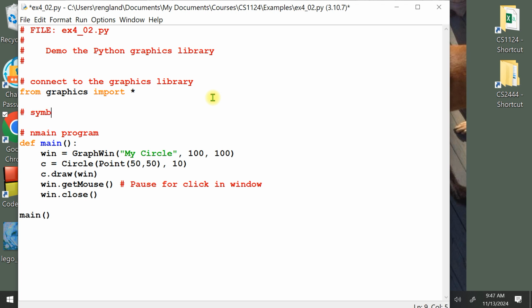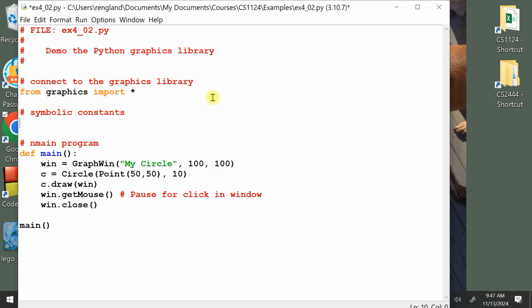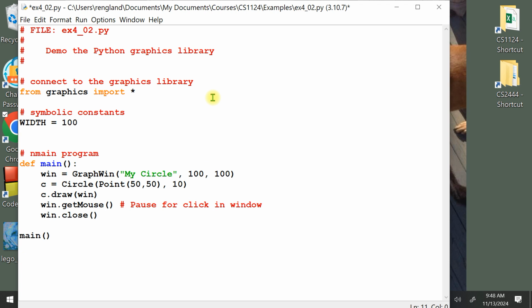Symbolic constants. Now accepting nominations for symbolic constants that might have made that graph when line a lot more understandable. We've got the title. I don't think we need a symbolic constant for title. But what's the first 100? It's actually the width of the entire window. So I'm just going to call it width. I'm going to yell it, just like I just did. WIDTH equals 100. And HEIGHT